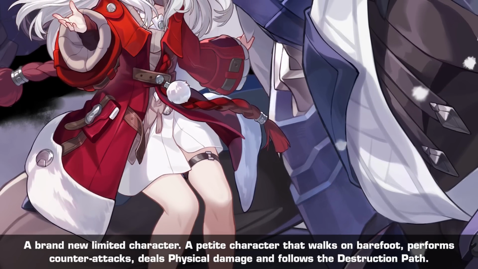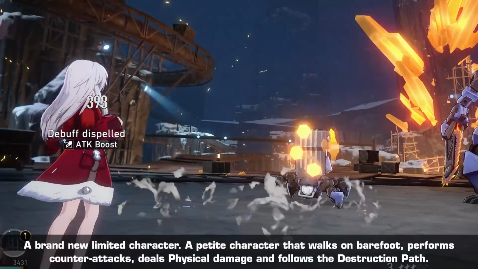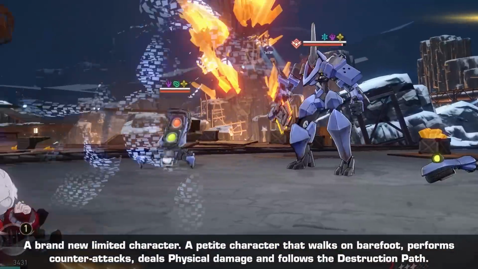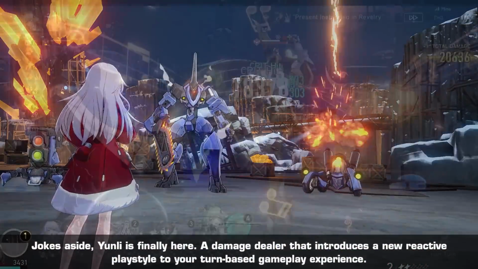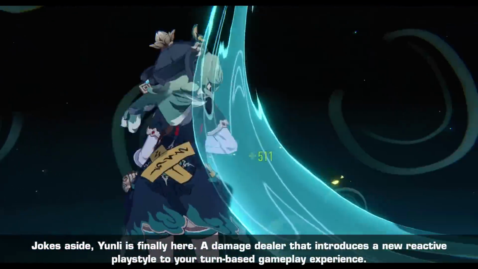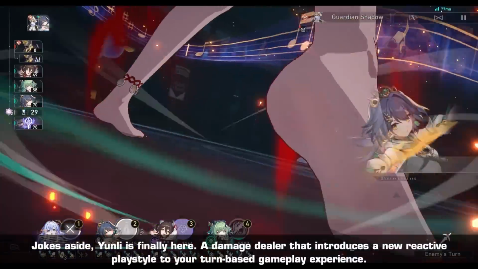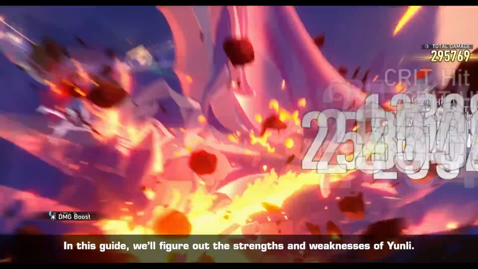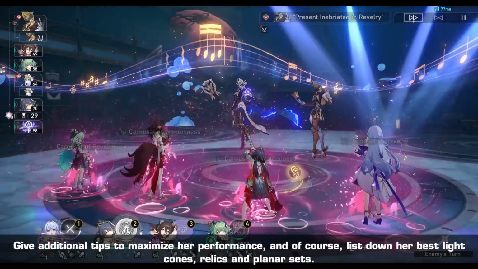A brand new limited character, a petite character that walks on barefoot, performs counterattacks, deals physical damage, and follows the destruction path. Jokes aside, Yunli is finally here, a damage dealer that introduces a new reactive playstyle to your turn-based gameplay experience. In this guide, we'll figure out the strengths and weaknesses of Yunli, give additional tips to maximize her